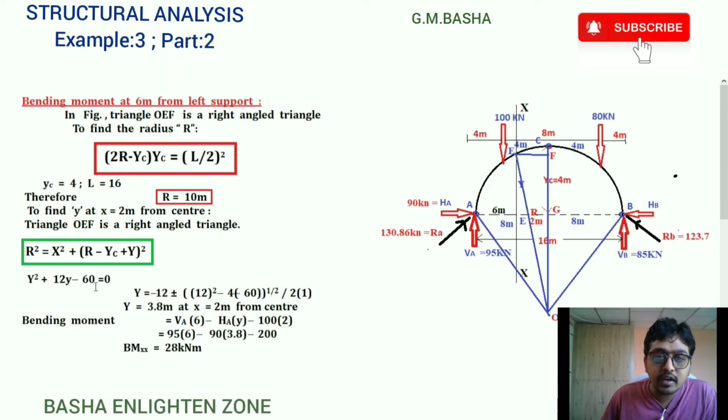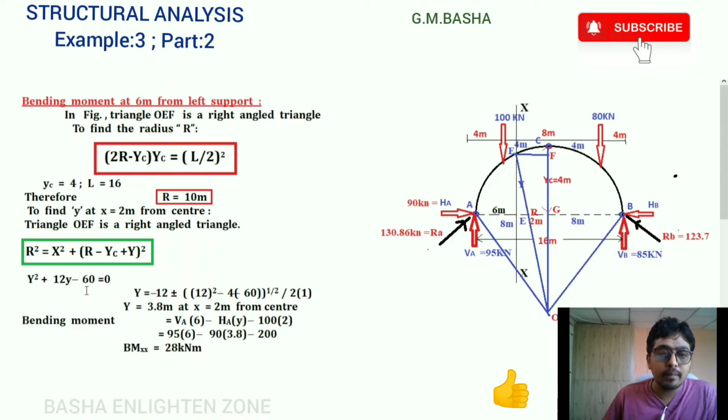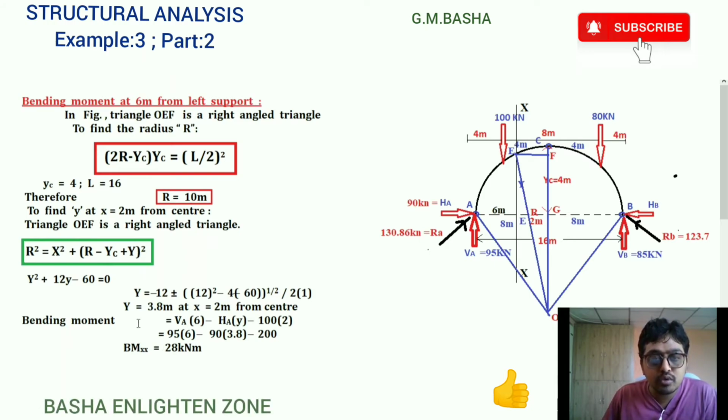So for solving this quadratic equation, what is the formula? There is one formula: minus b plus or minus square root of b square minus 4ac by 2a. What is the value of b here? 12. What is the value of c here? Minus 16. What is the value of a here? 1. It is possible to simplify the quadratic equation directly in your calculator. Otherwise, you take down that formula, substitute here, and then simplify in your calculator.